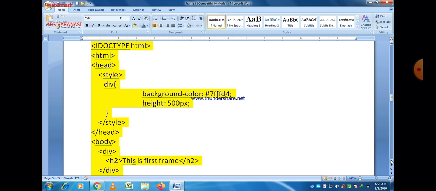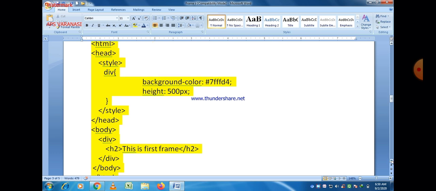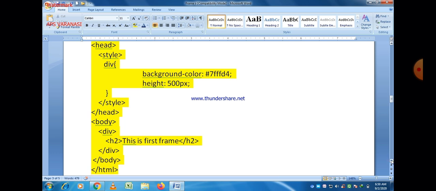One thing should be noticed: when we give properties, the property and value should be separated by a colon sign in CSS, and every declaration is separated by a semicolon sign. So there are two properties, background color and height, used here. We will study it in detail when we study CSS. So here is a brief introduction about CSS.